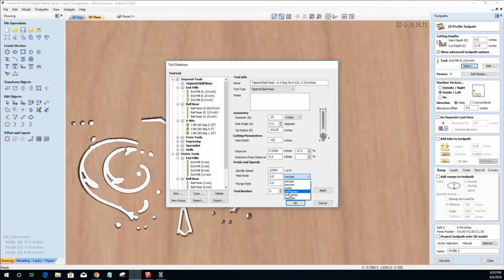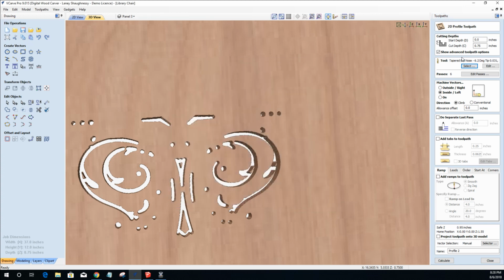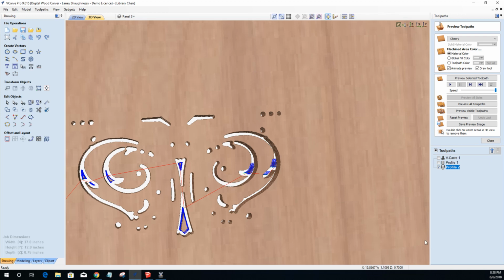And as far as the feed rate, I'm going to go 50 inches a minute, and then a plunge rate of 20 should be fine. Now, if I was using my 32nd inch bit, then those numbers would be much, much different. So we'll go ahead and click OK on that to create that tool, and we've got it in there now. And so we'll calculate that toolpath,